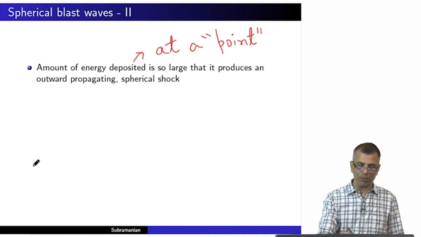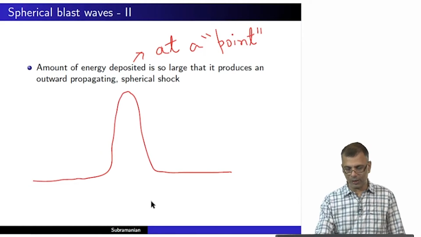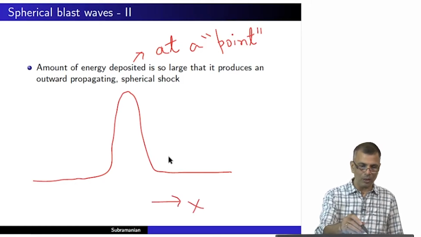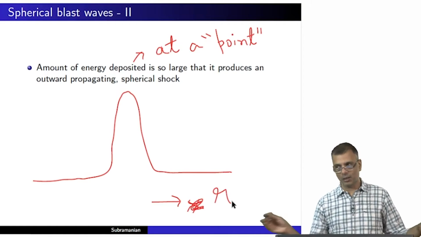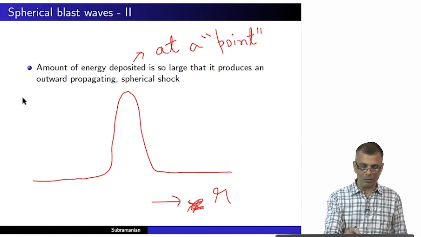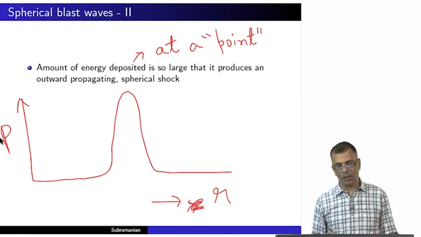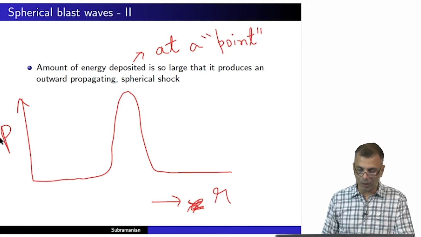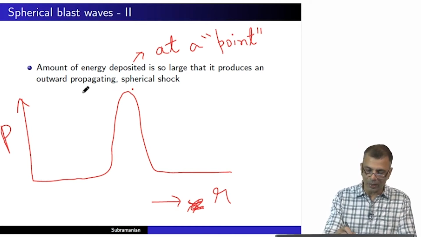What it does is it just produces a pressure pulse that's very large, like this. Or if you wish, let us not call this x, let's call this r in spherical coordinates. And so the pressure pulse produced by the amount of energy deposited is so large that it produces an outward propagating spherical shock. Why? Because the sound speed here,